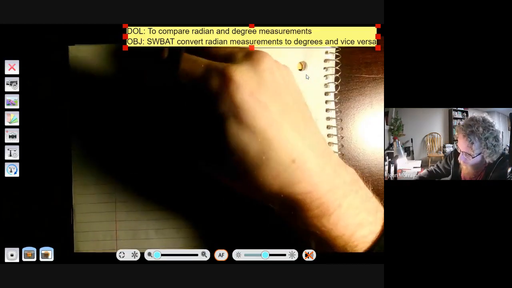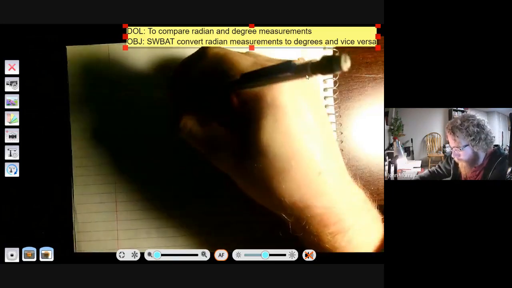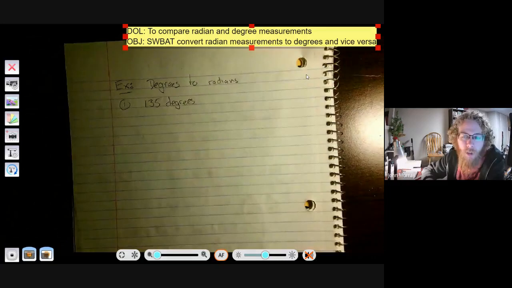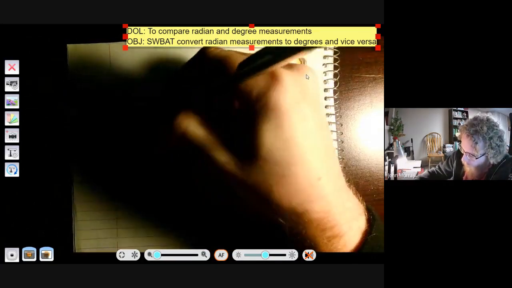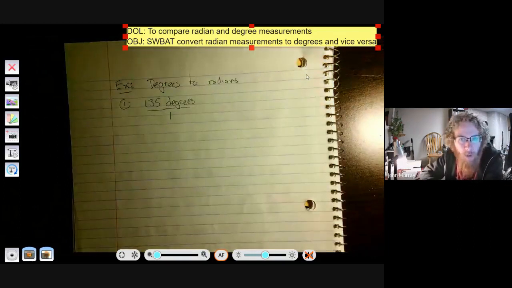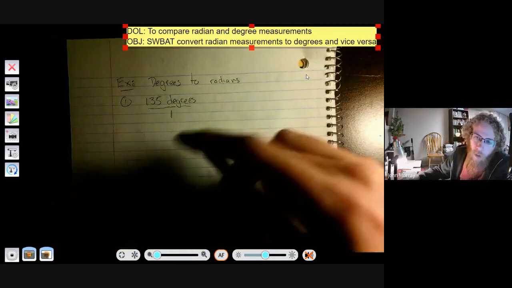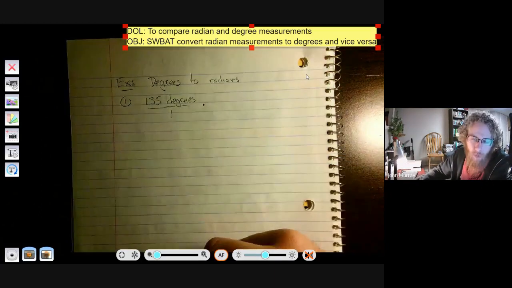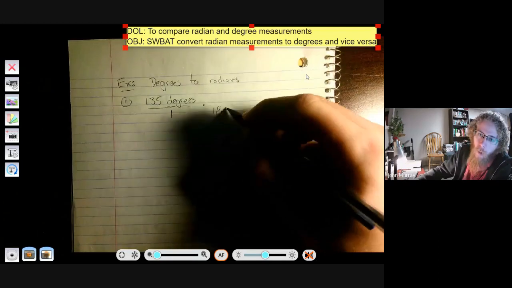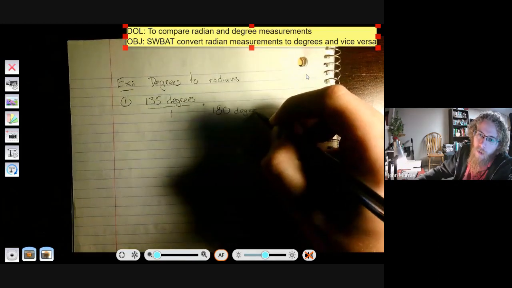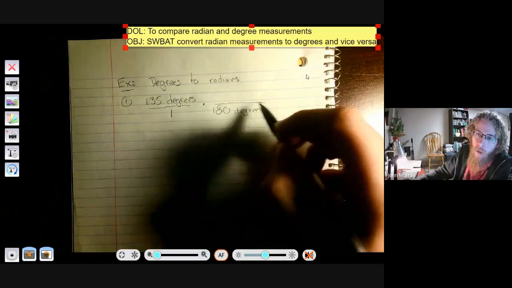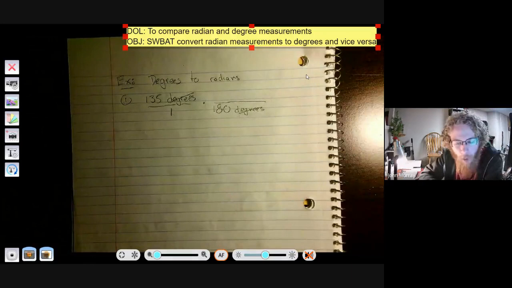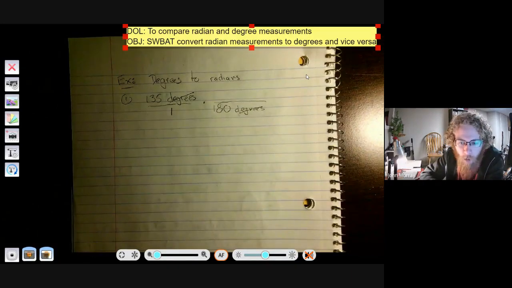Okay, I'm going to change this. You don't have to do this, but I'm just going to write out 135 degrees. It's a whole number, so any whole number I have, I can always put over 1 to make a fraction. So to convert, I want to get rid of this degrees. So to get rid of the degrees, I'm going to put degrees in the denominator so that my units eliminate each other. I don't know if you did this in Algebra 2 at all,